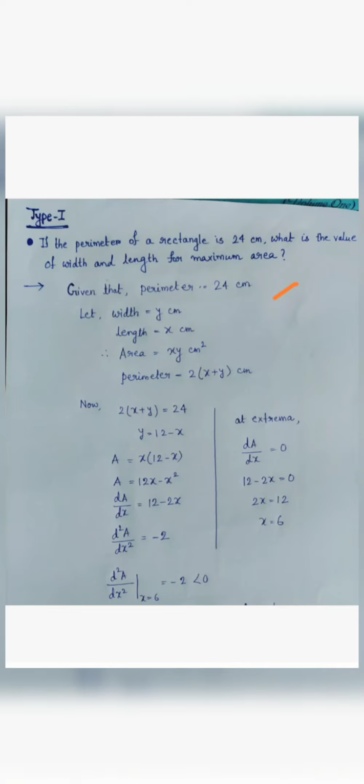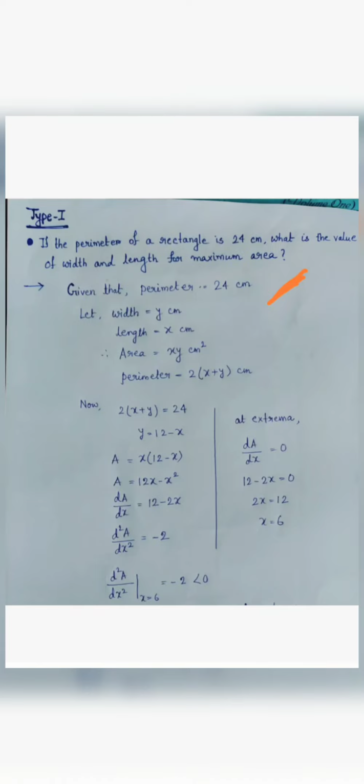In the previous types of problems, they are given the function. Let's say y equals 3x to the power 4 plus 6x square plus 1, or you can say that y equals x to the power 1 by x, etc. But in this type there is no given function directly. There are some conditions.